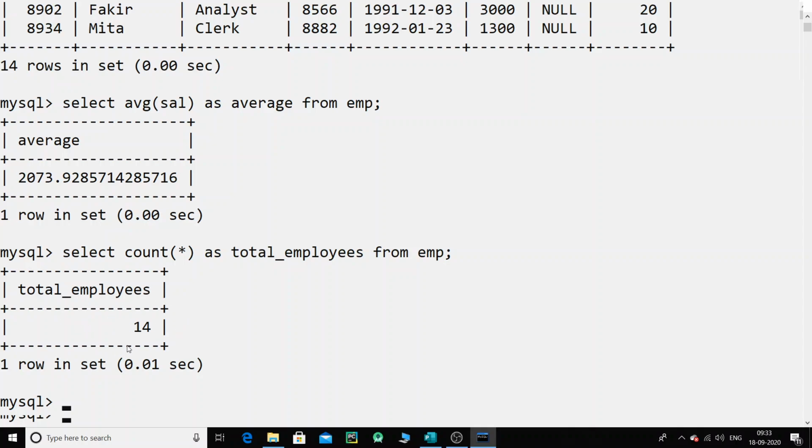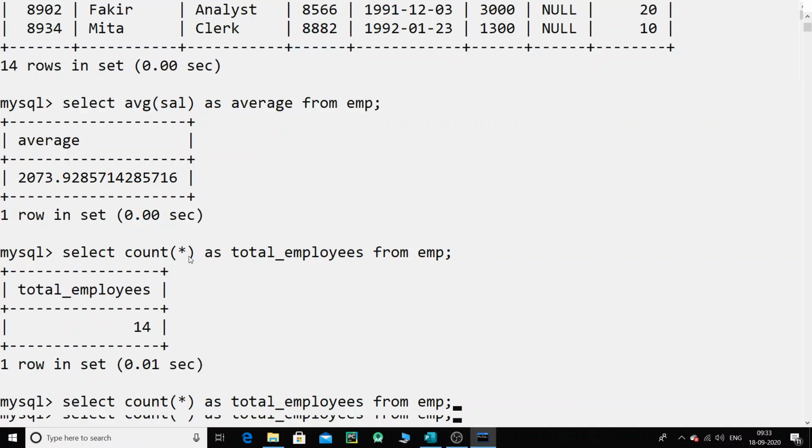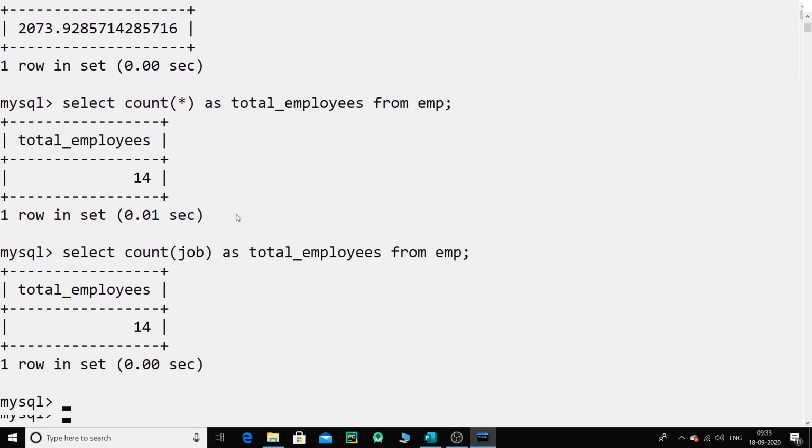When I say star, basically it means all the fields, but if I really want to do the count on a particular field, I can say job, and if I enter, now it is applied on job, but since there are the same number of records, we have the same number out here.